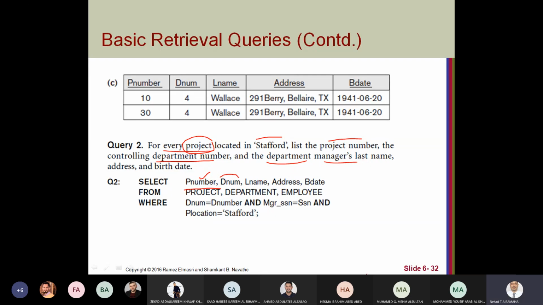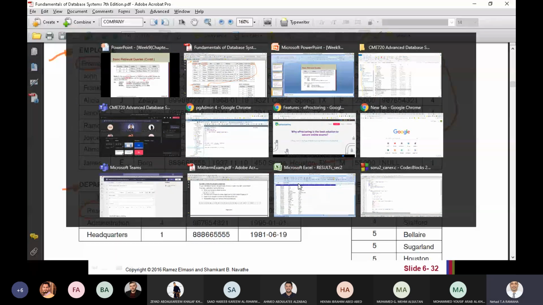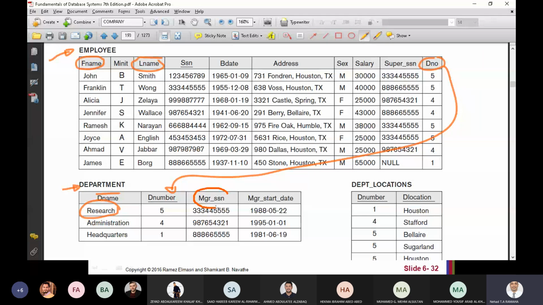Okay, wait. Where does the department manager come from? It comes from the department. Here you can see department manager. It's the SSN of the employee who manages this department, so also this foreign key. So I need the name of this SSN or this manager, so it's connected to employee.